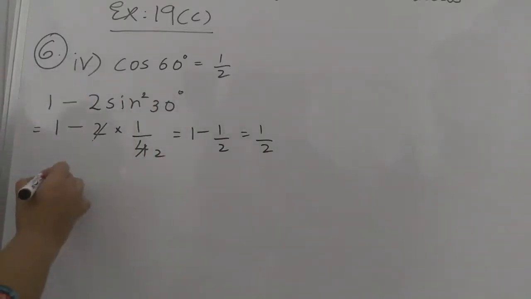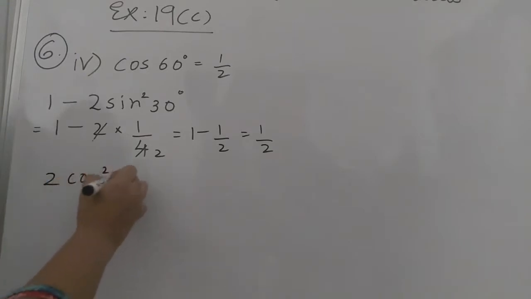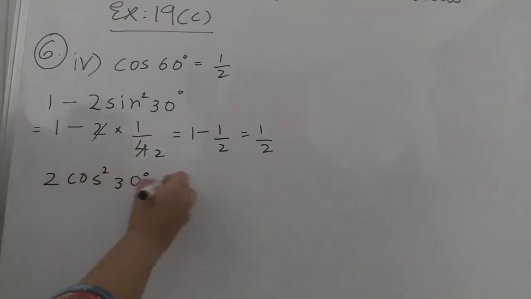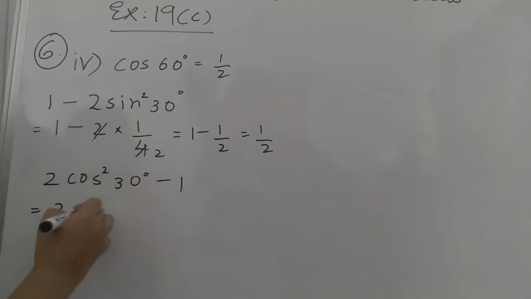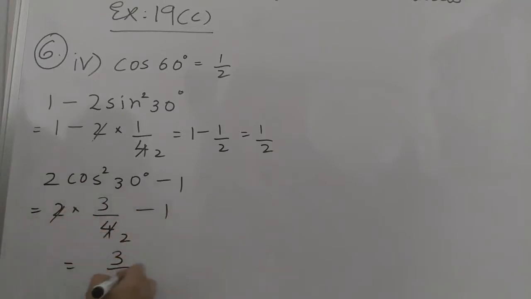Now the third part or right hand side, that is 2 cos square 30 minus 1. Cos 30 is root 3 by 2 and squaring it, 3 by 4, minus 1. So 2 and 2 cancel. So 3 by 2 minus 1, that is 1 by 2 again. So we have solved all the 3 parts here of number 4, left hand side, middle and right hand side, and we get the same answer. So it is verified here.